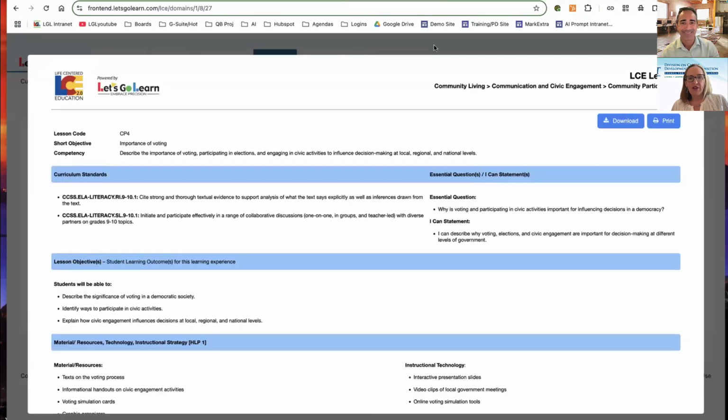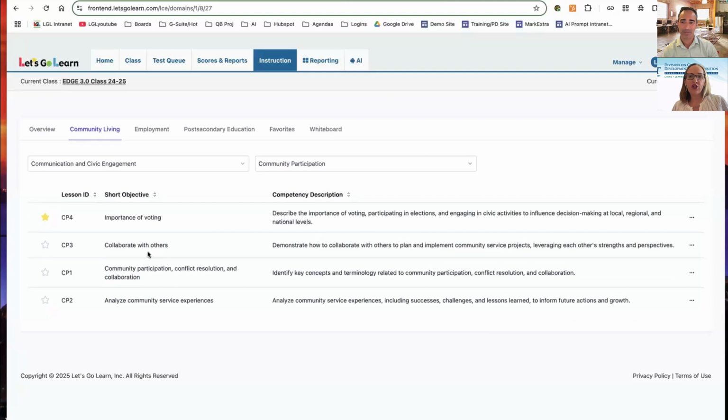I think about the customizable part, and we're looking for time. To be honest, I want to make sure that what I'm using is grounded in evidence-based practices and HLP, so I know it's working and it's something that can be implemented. We were very conscientious that those delivering transition instruction don't want to look at many different places. We really need to have it all in one place so we can spend more time delivering the instruction to students and working directly with them.